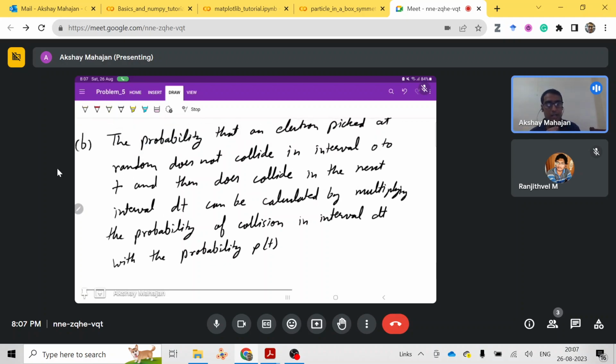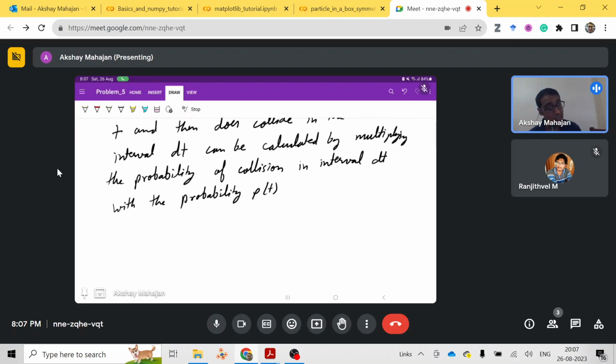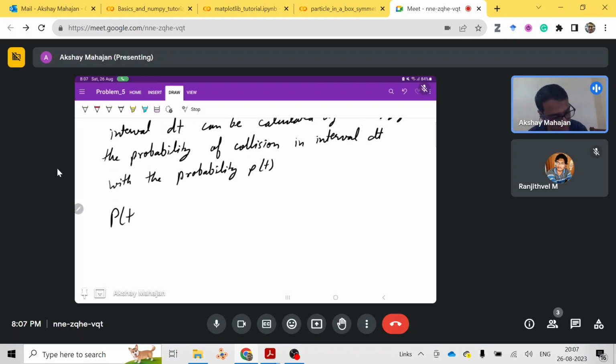So the probability p of t we have found is the probability that there was no collision from time 0 to t, and then you have to find the probability that an electron picked at random does not collide in interval 0 to t and then does collide in the next interval dt. It can be calculated by multiplying the probability of collision in interval dt with the probability p of t. So basically what we want is two things. First, we don't want any collision up to time t seconds, for which the probability was small p of t, and then we want the collision to happen in the time interval dt. So that we know from